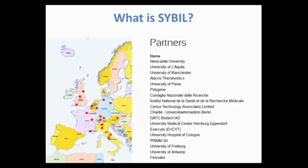So, what is SYBIL? SYBIL is a pan-European collaboration of 18 different centres which are listed here. As you can see, there are universities as well as small companies such as Arthritis, Polygene, GATC and PRIM, which bring together their expertise in bone and cartilage research. We've got centres in the UK, but also in Germany, in Belgium, in France, Switzerland, Austria and Italy. And basically, what this project is doing is bringing in people who work on different skeletal diseases, both common and rare, in bone and in cartilage, to try and look at the joint as a complex system